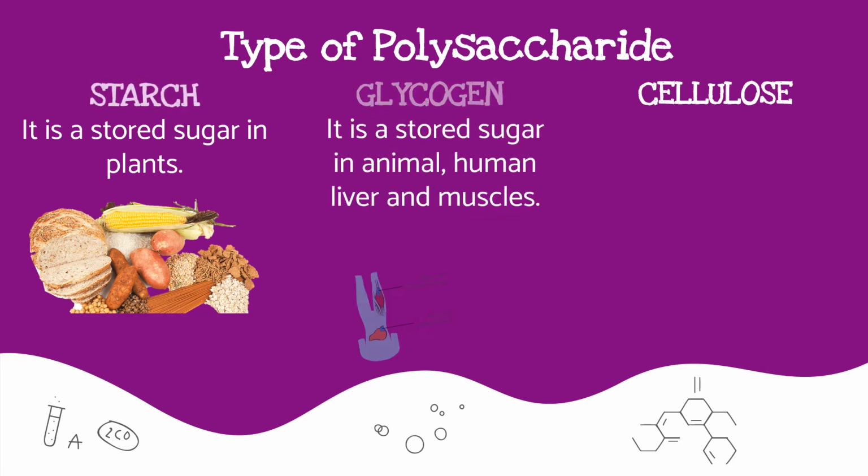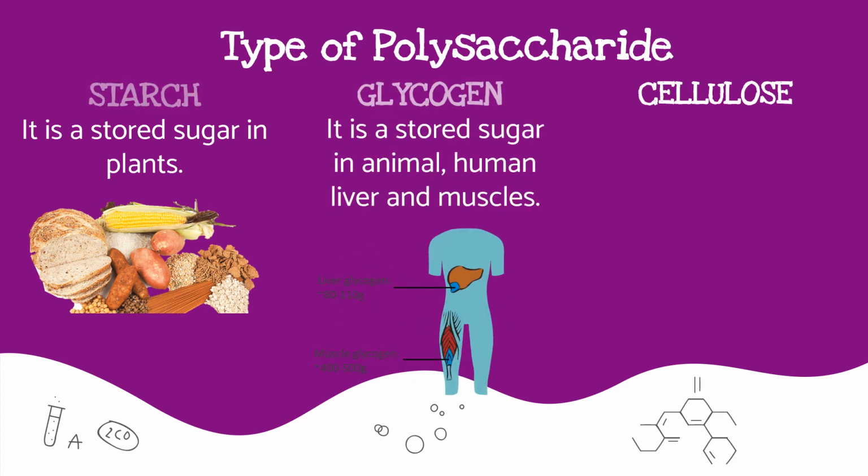While glycogen is the sugar, or polysaccharide, stored in the liver and muscles of humans and animals. The stored sugar present in our muscles and liver that can be used when next needed is called glycogen. So if the body needs energy, glycogen is broken down into glucose so that glucose can be used by